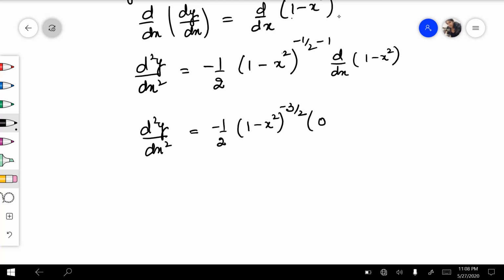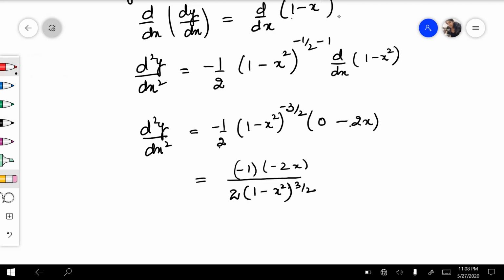1 का डेरिवेटिव आ गया 0, x स्क्वायर की डिफरेंशिएशन 2x. अब पावर नेगेटिव है तो इसको हम डिनोमिनेटर में ले जा सकते हैं. So it becomes 1 minus x square raised to power 3 by 2 into this 2, then minus 1 into minus 2x. 2 और 2 कैंसिल, तो फाइनली हमारे पास क्या बन जाएगा? हेंस